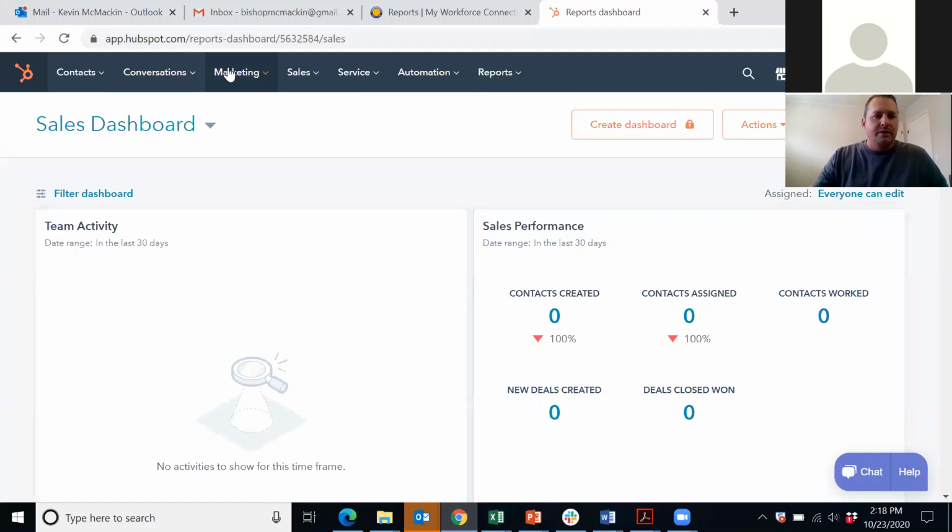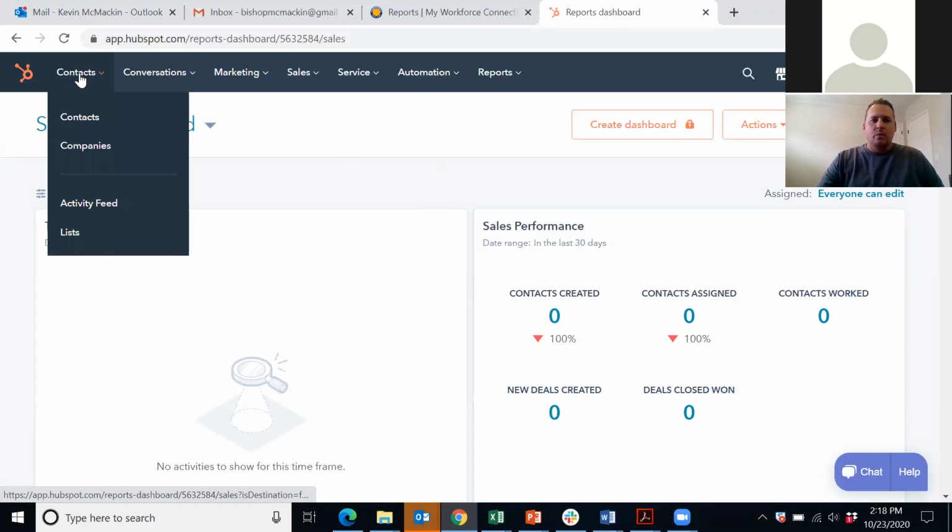But what we'll go ahead and do is start here. Most of the work that we do within HubSpot actually happens within this contacts category. Under contacts, when we click on that, you're going to notice that there are a few different options. Within HubSpot, a contact is a person or an individual, and a company is a company. It's very important for us to keep that in mind